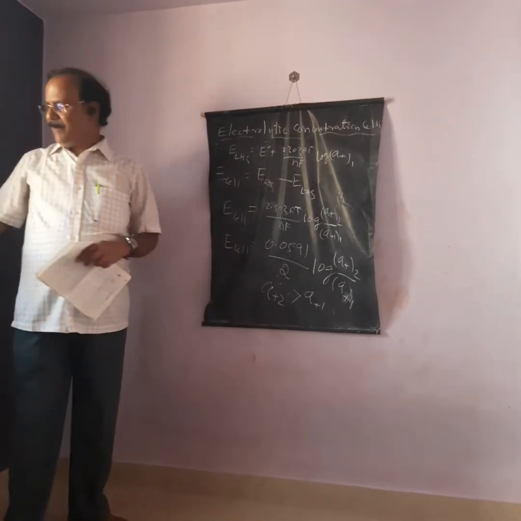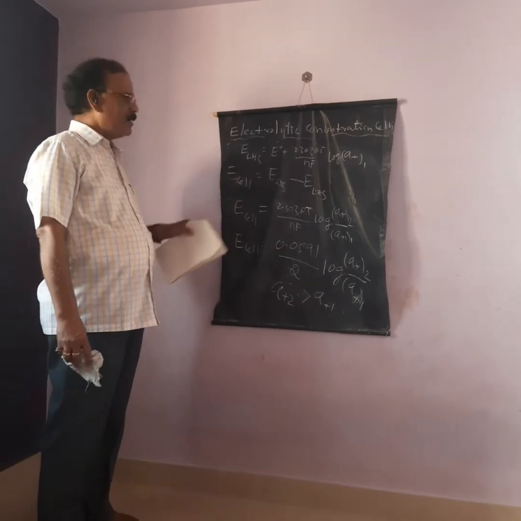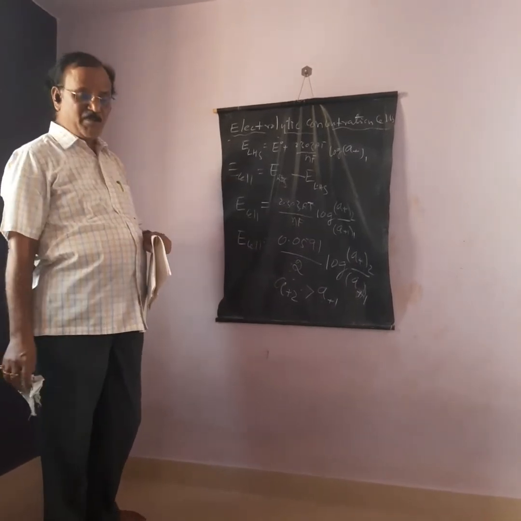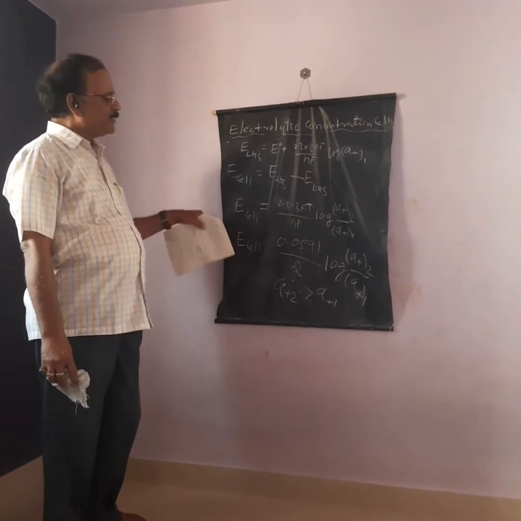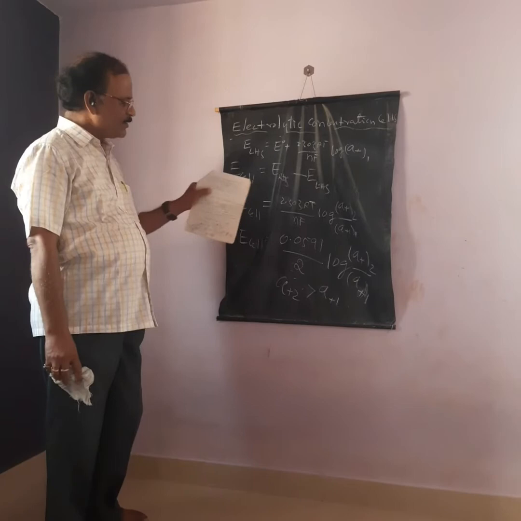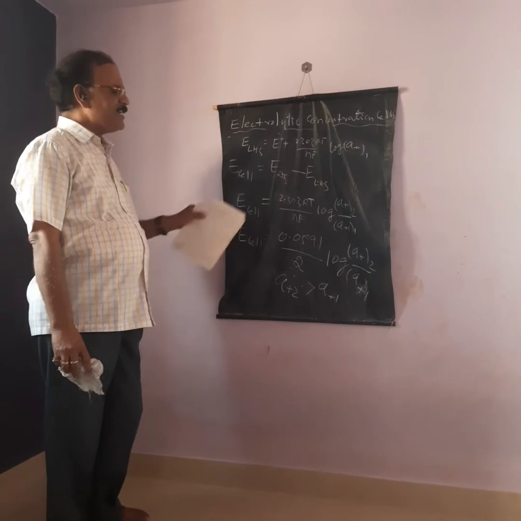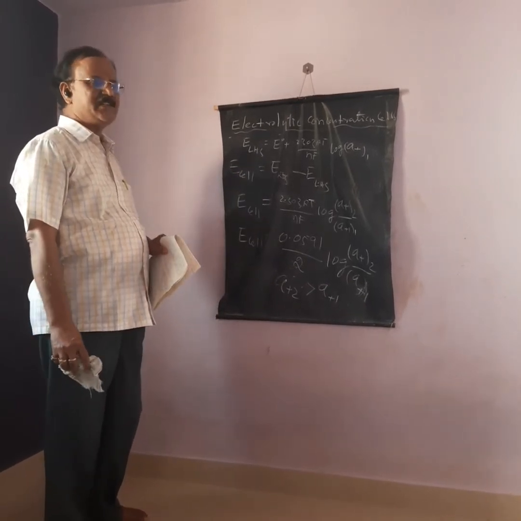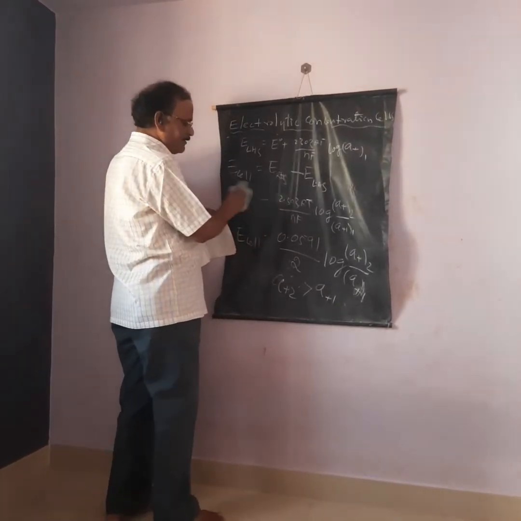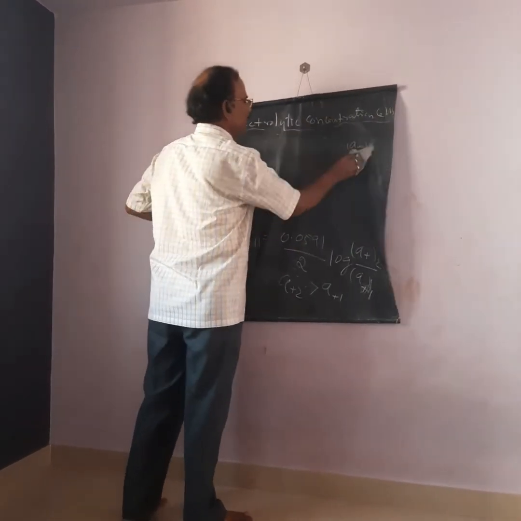And also in the EMF of the concentration cell, when activity is replaced by mole fraction and activity coefficient. So in determining the transport number, you can determine the liquid junction potential, which is very small. In that case, you can arrive at a transport number, taking into account the transport number and also the activity and activity coefficient of each of the various species involved. So you can write the EMF of the cell in terms of activity and activity coefficient. Same equation in terms of activity and activity coefficient.